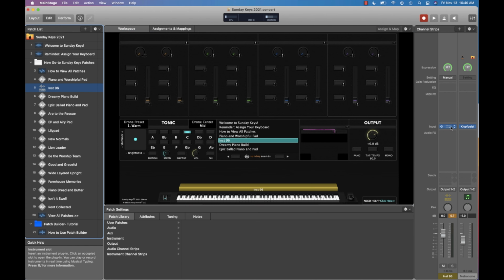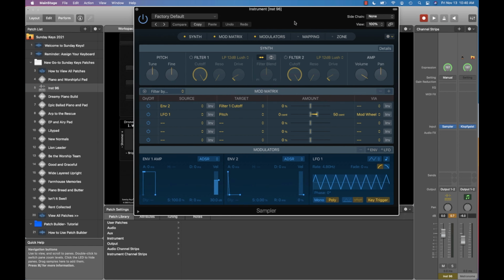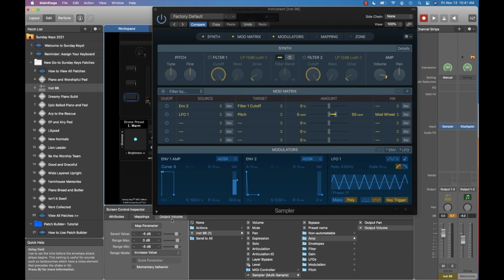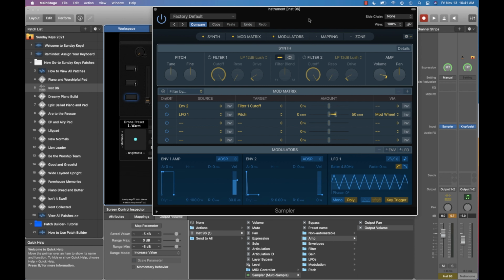Now, another thing that they added, which is sort of behind the scenes, but I think is really cool. We've got this new increase value and decrease value mode for all mappings under range mode. This is something that I think people have really wanted for a long time, but maybe not known that they wanted.